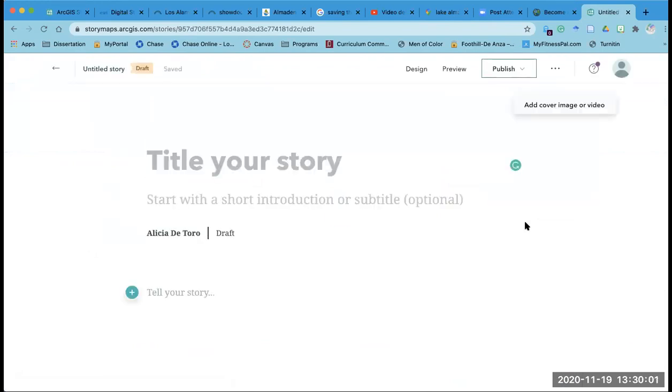It's easiest if you have a pre-selected topic. So if you have a project you already have been researching and you've collected your photographs, if it's a place that you visited that you want to tell a story about, which is the example that I'm going to give today, and you have your own photographs or you have photographs that you've downloaded or have the links from the internet to share, it's helpful to have them accessible.